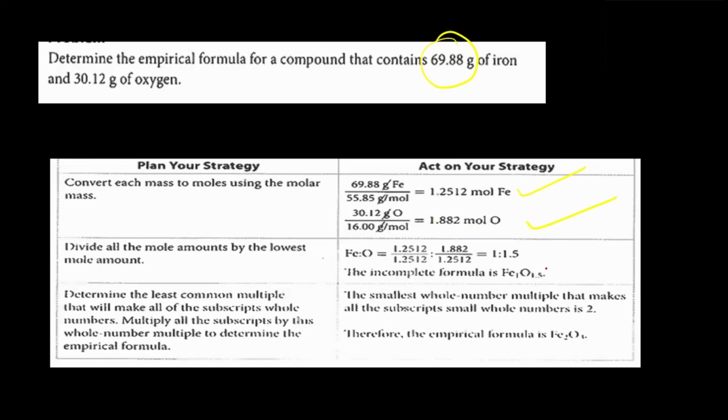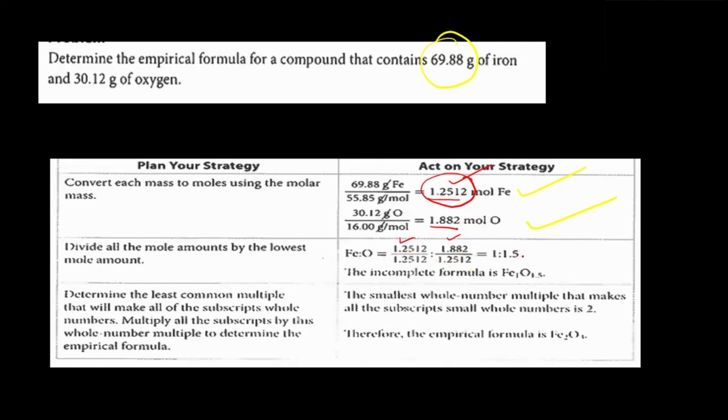What is the next step? Which one is the lowest number? Of course, iron's moles, 1.2512 mole of iron. You have to take that lowest number of moles and divide completely throughout, for iron and also for oxygen. So you'll be getting some ratio of the elements present here. Iron is 1, dividing 1.2512 over 1.2512 you get 1. And by dividing the moles of oxygen by the smallest amount of moles, you will be getting a value